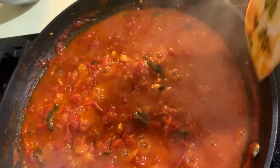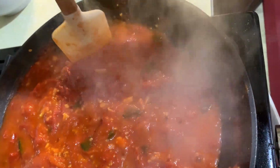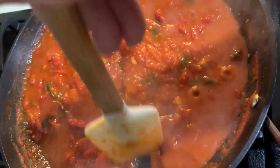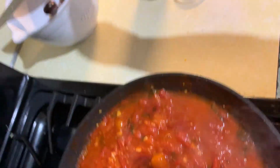Okay, we're really close now. See? Separation and how it's not coming back so fast. So now I'm going to add 3 or 4 pinches of baking powder. And,